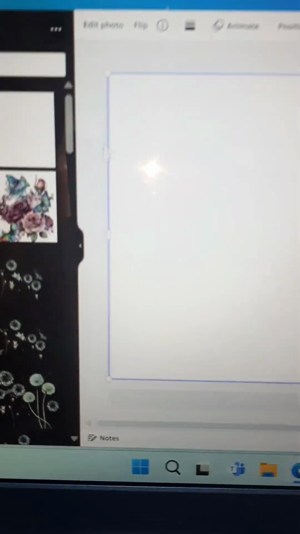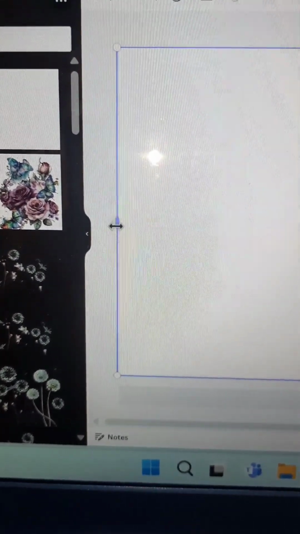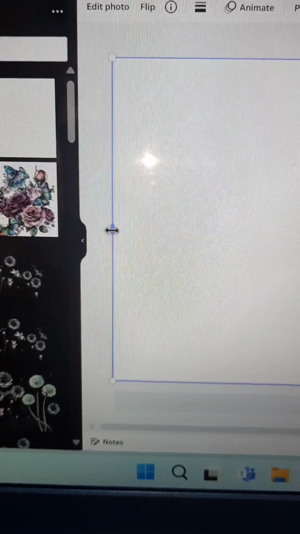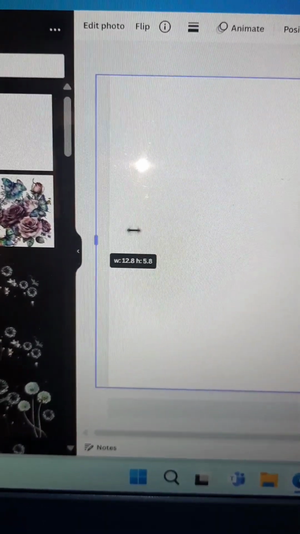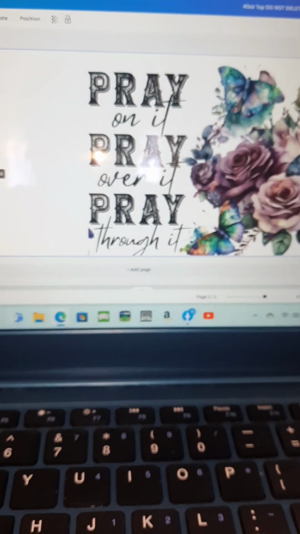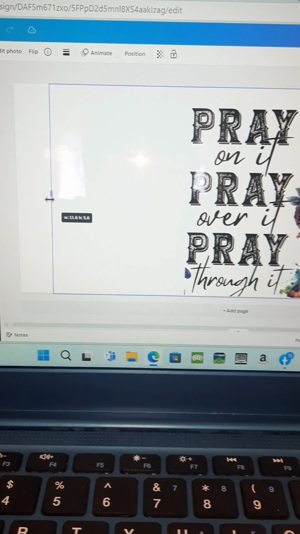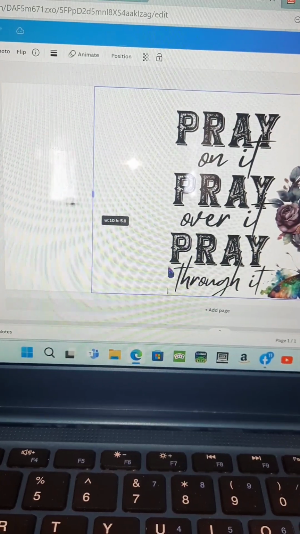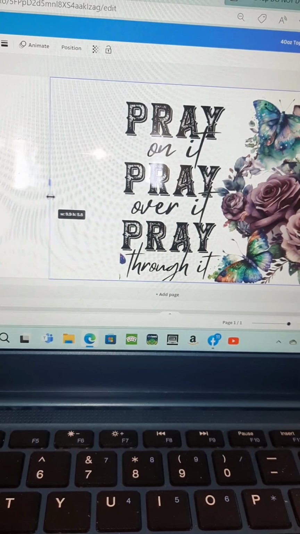Over here, you have these little tabs. See this tab in the middle where it's turning right here? You can stretch this and do things with it without changing the size of the rest. See, that's going to stay. That stays unless I pull it too far, but I pulled it too far. But I can move this all day long and it's going to stay. So we're going to pull this over